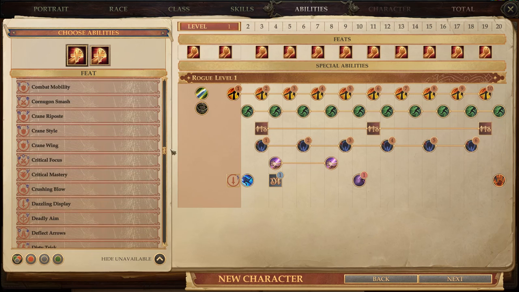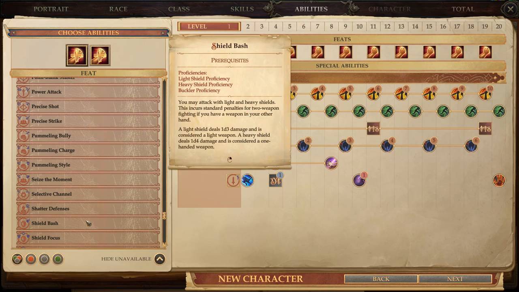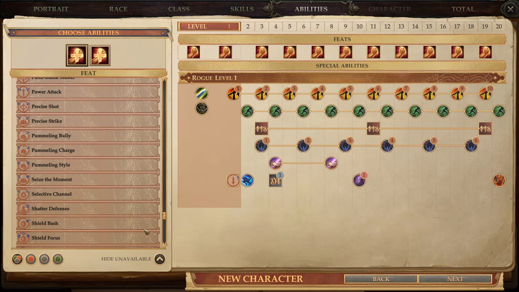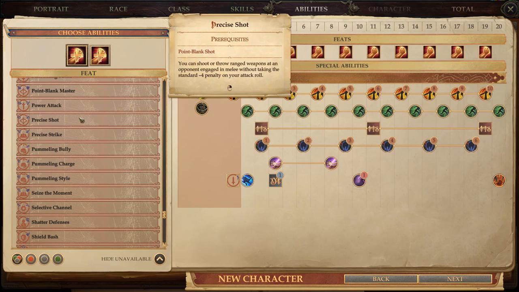It counts for ranged spells as well that are like that. Spells that actually require a touch, like a ray. But specifically, the reason that you need to take Point Blank Shot is so you can qualify for this feat right here, Precise Shot. So, Precise Shot is the most important feat in the game for a ranged character, and